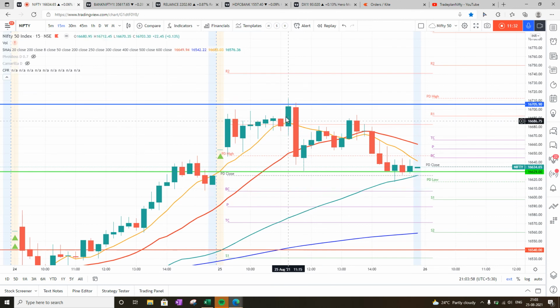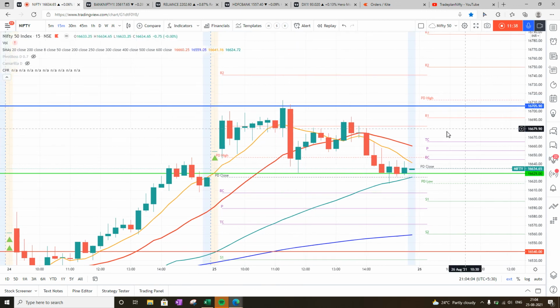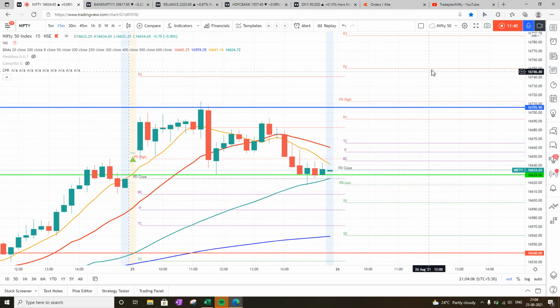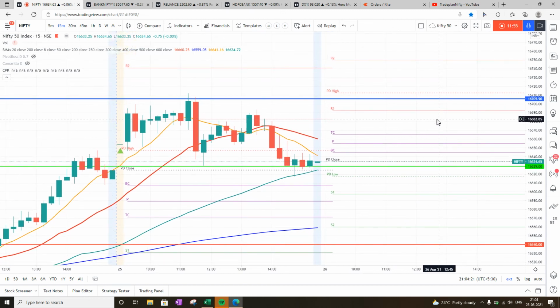Second idea is that when the market doesn't touch the pivot, which is a 20% probability, the next day is going to be a big trending day, and that is what should happen tomorrow. So let's test that theory for tomorrow. Tomorrow the pivot is small, and today the market did not touch the pivot, so all the indications are there that tomorrow is going to be a trending day. In which direction, that we have to see. So please trade cautiously tomorrow.